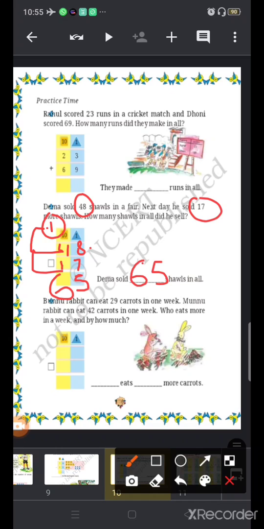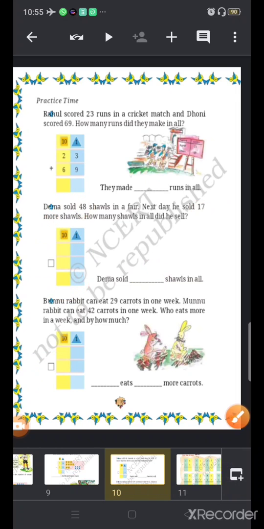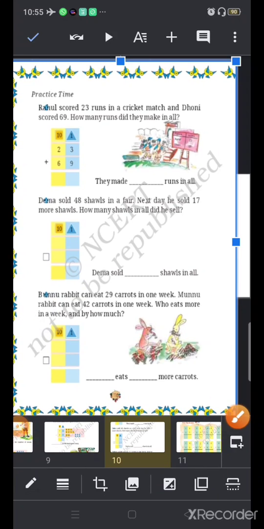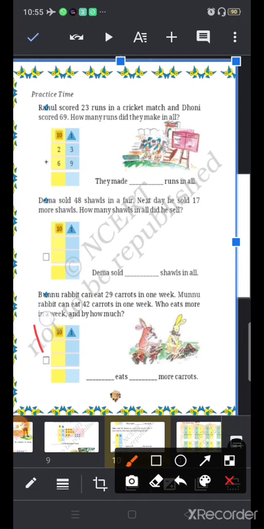Yes. Okay. Now this last one. The last word problem you will do yourself. Okay. Here you will put the sign also, whether it is an addition word problem or a subtraction word problem. Okay. You will mention the sign also. So this is your homework. This you will do yourself. This word problem is for your homework.